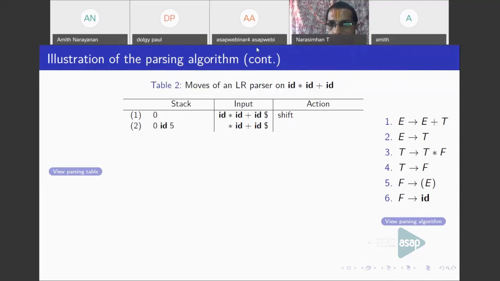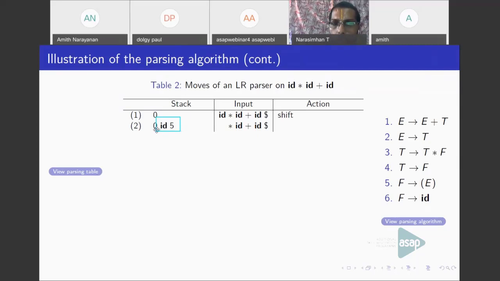Am I correct? ID and 5 will be popped off the stack. Now on removing ID and 5, what is the state symbol on the stack? 0, right?